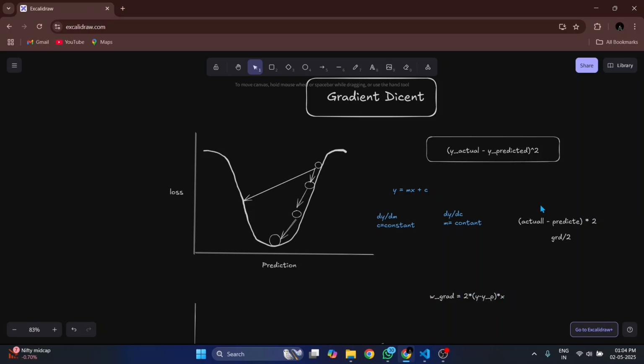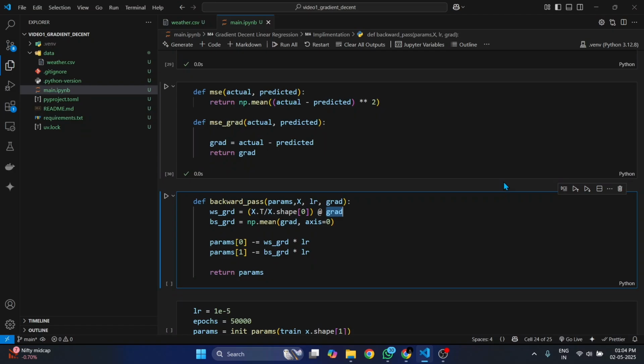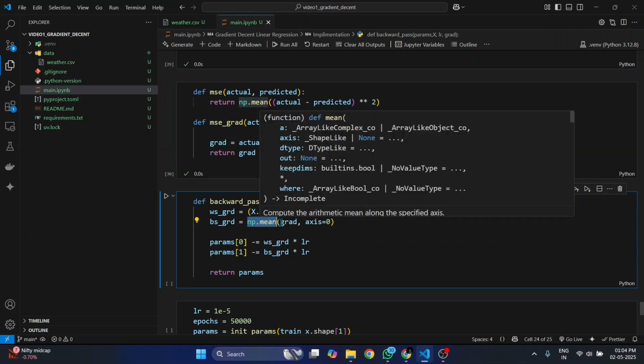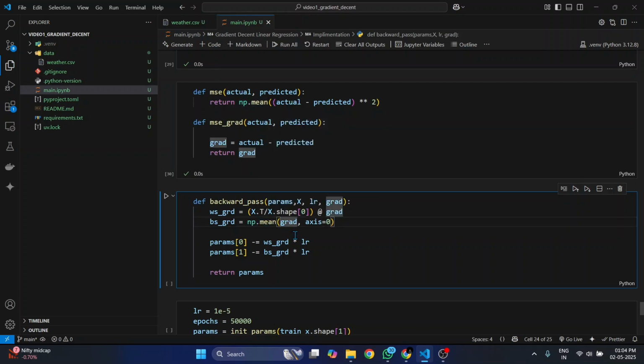So what we are doing is, let's say we have a matrix. Now we are averaging that matrix, or you can think of this as, after we multiplied with the gradient, we are dividing all the values by the total number of rows and averaging out the gradient values. Next, we are calculating b grad equals np.mean, the same average mean, getting the gradient value, and axis equals 0 means it sums all the values in that